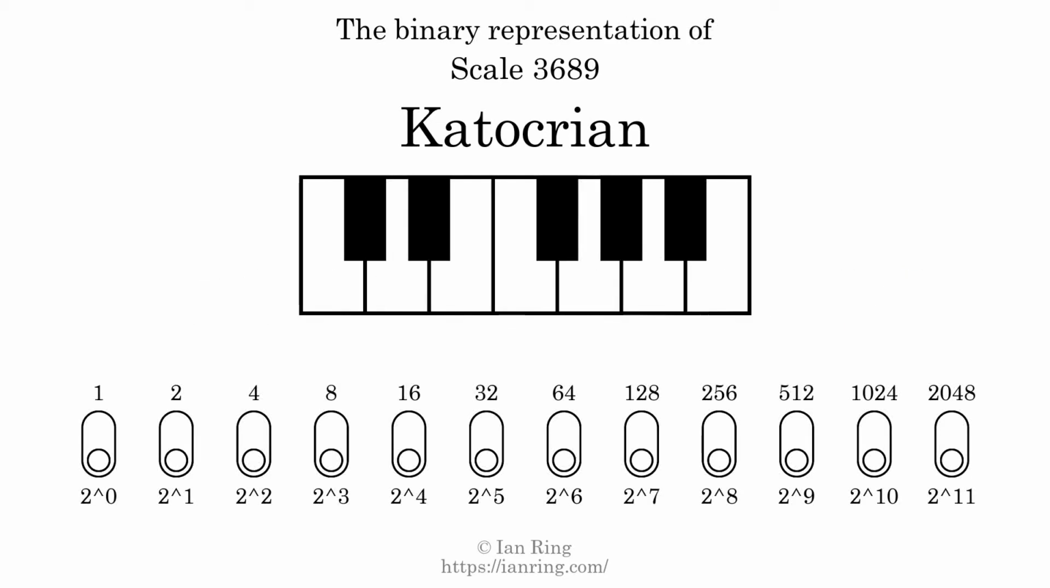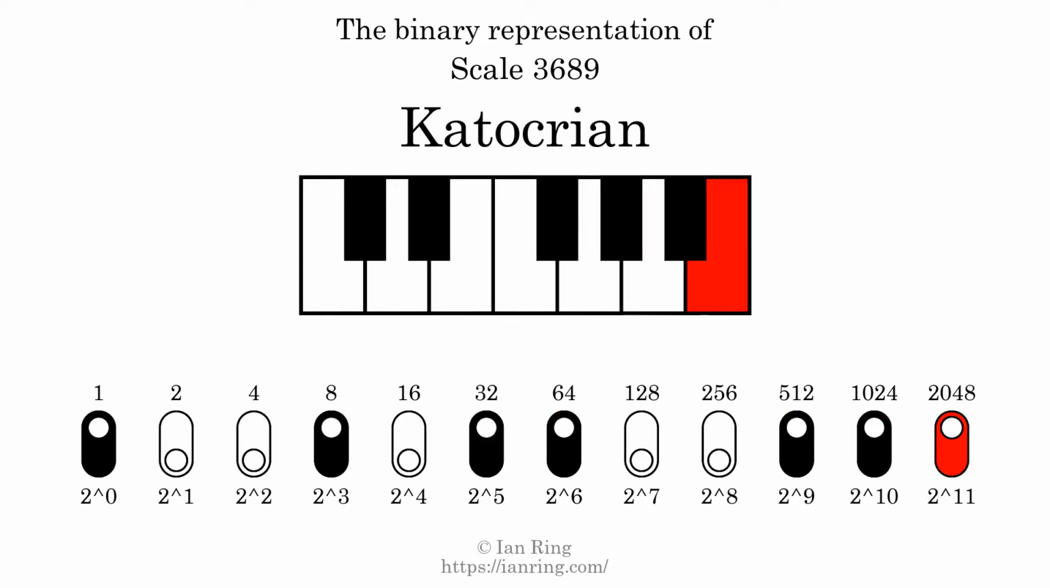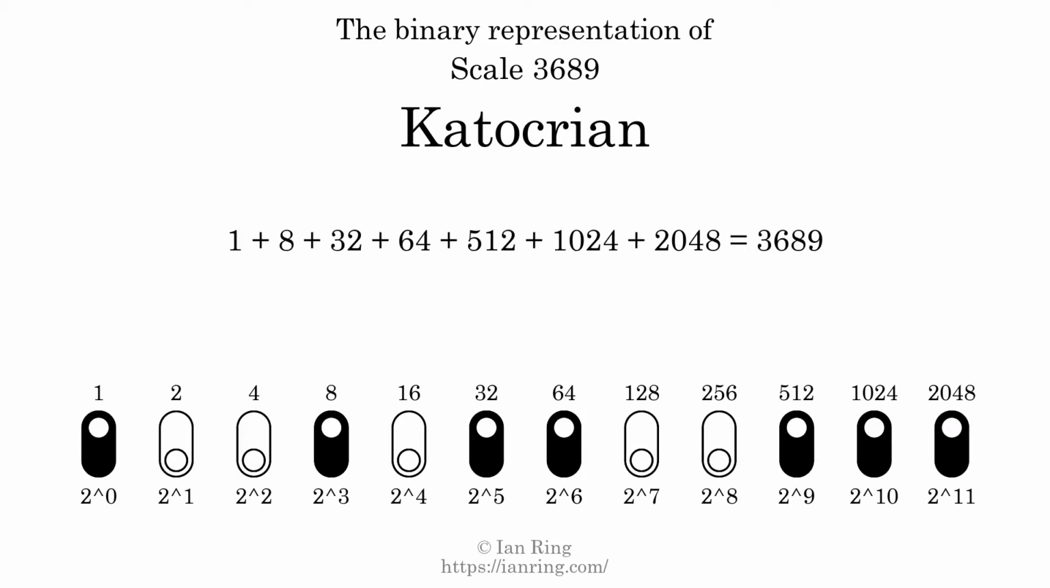The binary representation of this scale is determined by mapping tones of the scale to binary digits. Each binary digit represents a power of 2. To get the scale number, we add the powers of 2 together. The powers of 2 that are present in the scale, all added together, equals 3689. That is why the scale number, in decimal, is